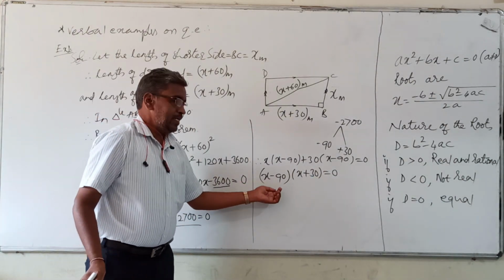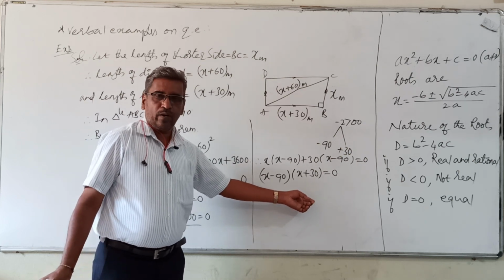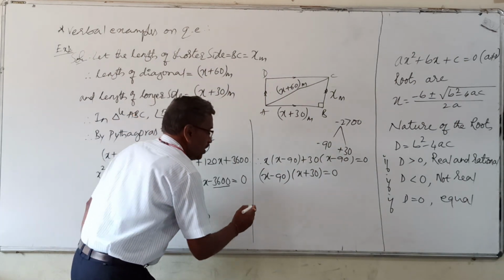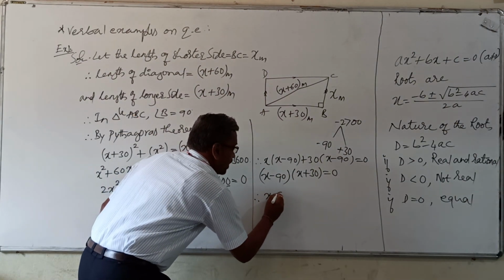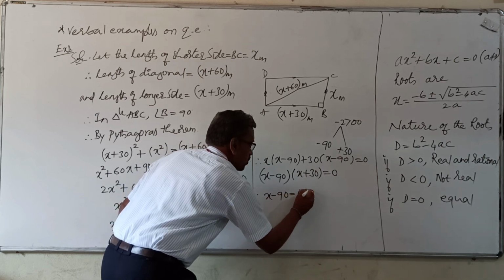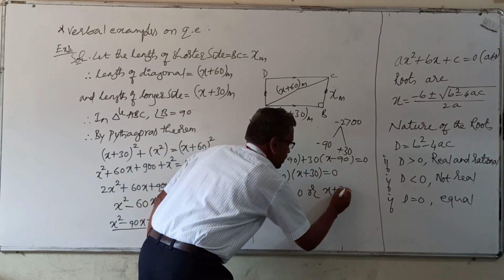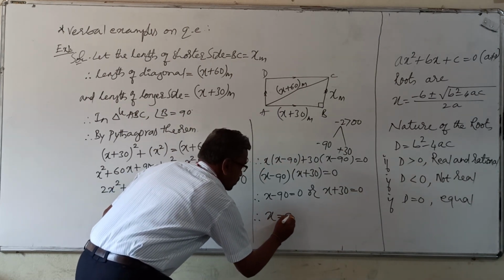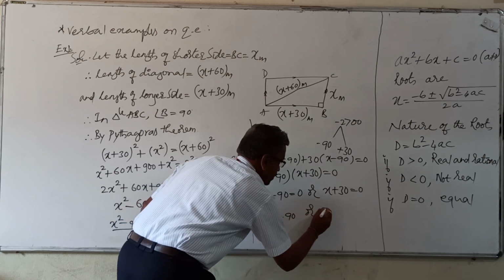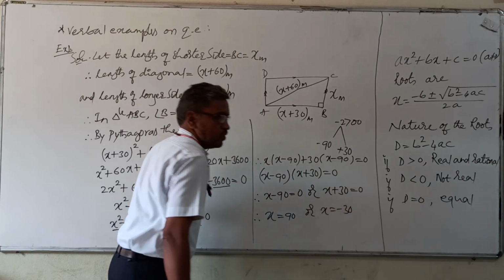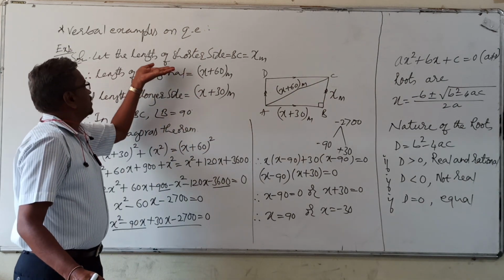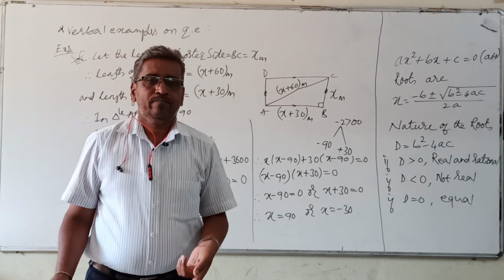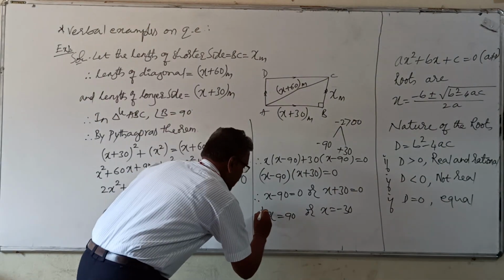That a into b equal to 0, the quadratic theorem I will explain. a into b equal to 0 means a equal to 0 or b equal to 0. Therefore, x minus 90 equal to 0 or x plus 30 equal to 0. So, therefore, x equal to 90 or x equal to minus 30. So, what is your x? x is the length of the shorter side. Length should not be negative. So our answer is